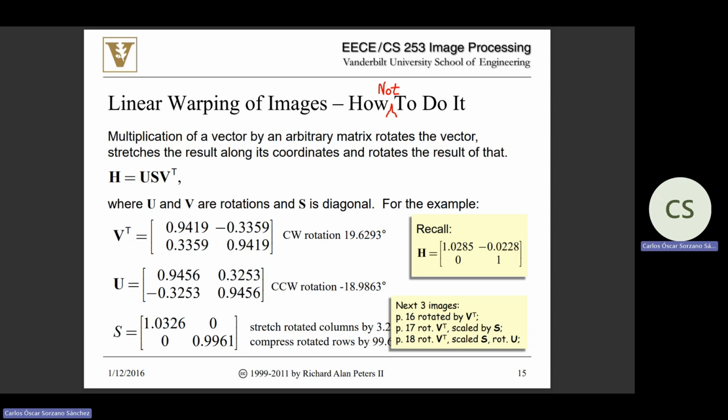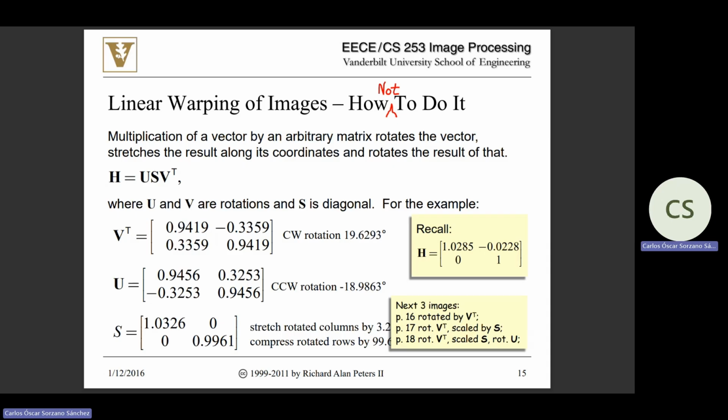And these two matrices are orthogonal. Orthogonal means having determinant 1. Having determinant 1 in images means that you are applying a rotation. So you are making some rotation, then doing some scaling, and then